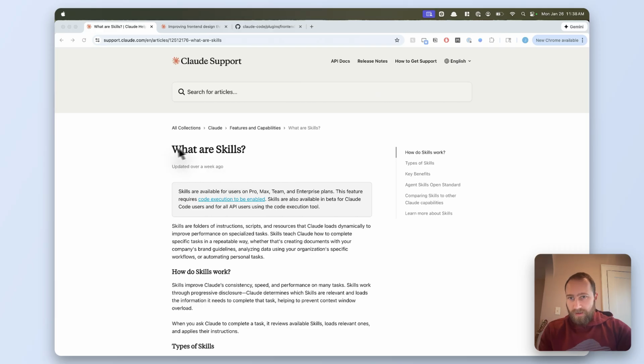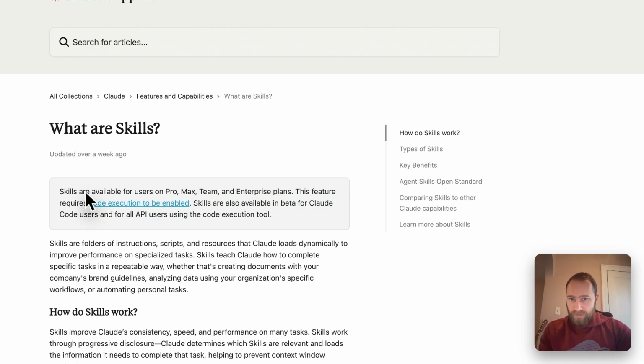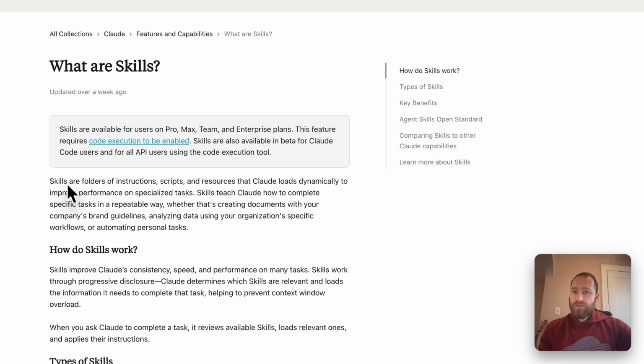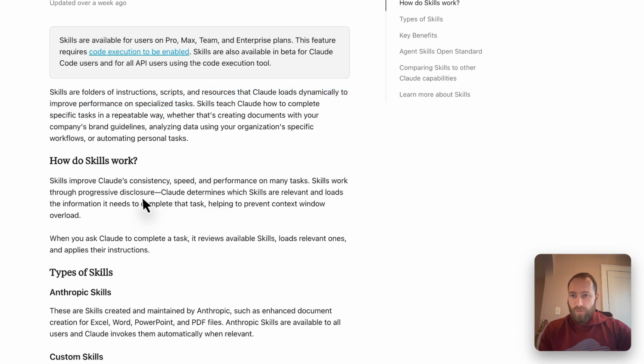So we can see here on Claude's website, they have what are skills. We can see here that skills are folders of instructions, scripts, and resources that Claude loads dynamically to improve performance on specialized tasks. How do they work? Skills improve Claude's consistency, speed, and performance on many tasks. They work through progressive disclosure. Claude determines which skills are relevant and loads the information it needs to complete the task, helping to prevent context window overload. So this helps us use fewer tokens, and then it also helps Claude be more likely to listen